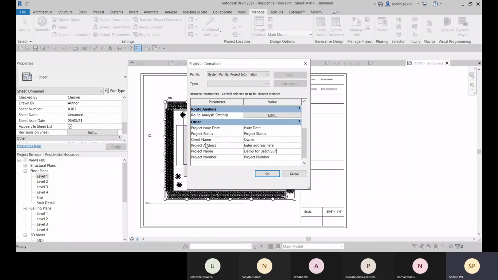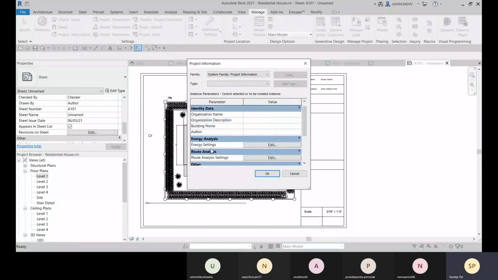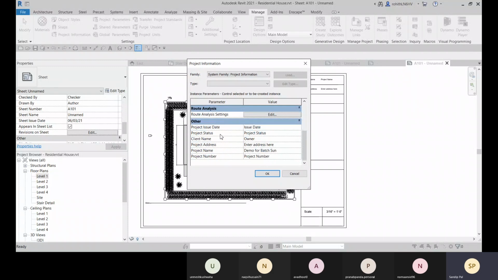And here, if you change any information, it will be reflected there also. And for the author, you can just mention Techno Struct LLC, and every other information you can provide just simply.